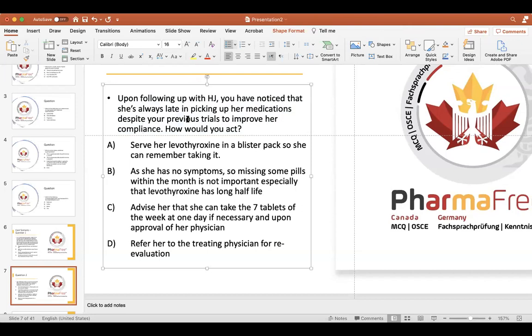Like maybe you offered a blister bag, you offered something, you told her she has to take her medication because this is important, etc. Okay, refer her to the treating physician for re-evaluation. What do you think about this answer, and what do you think about number C? Advise her that she can take the 7 tablets of the week in one day if necessary and upon approval of her doctor. So what I think for D,